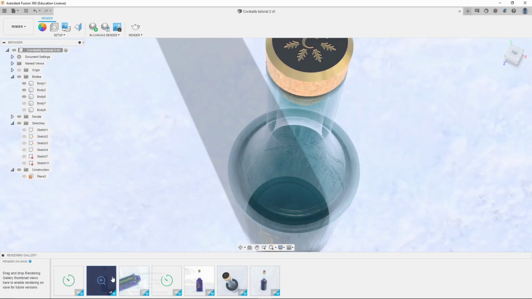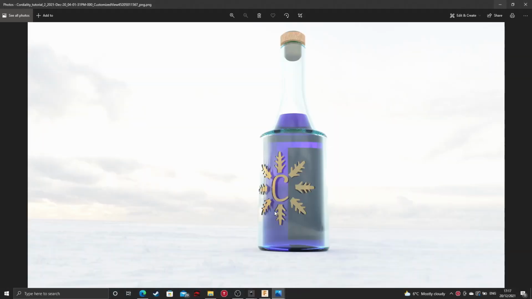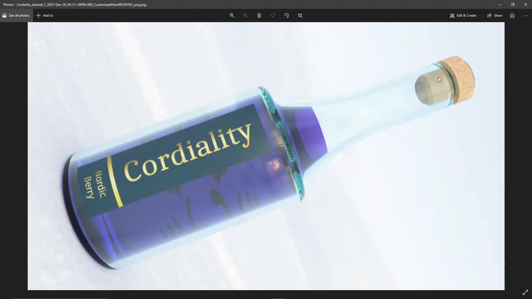So those renderings have finished. I've still got a couple running at the minute, but let me just show you what they've come out like. So here we are. Shrinking down the liquid portion of this really has worked. There's none of those stripes that there were before, and even in the cork at the top, you can't see them either. So that seems to be the best way of going about it,